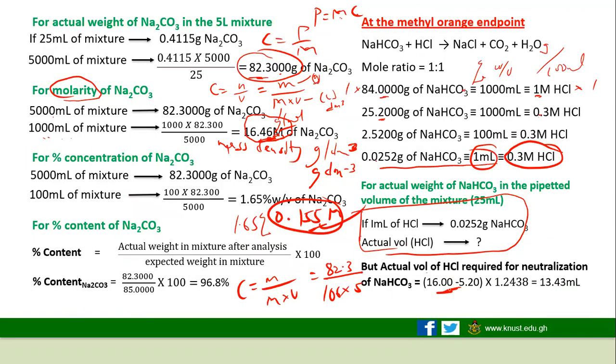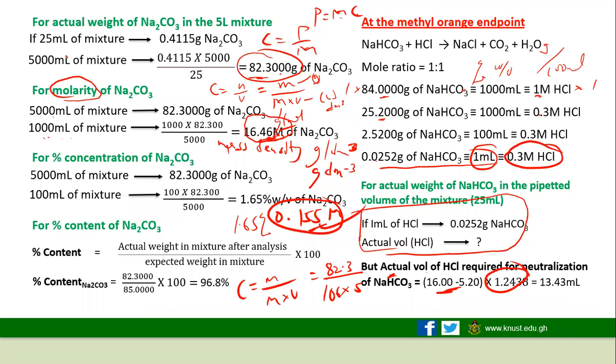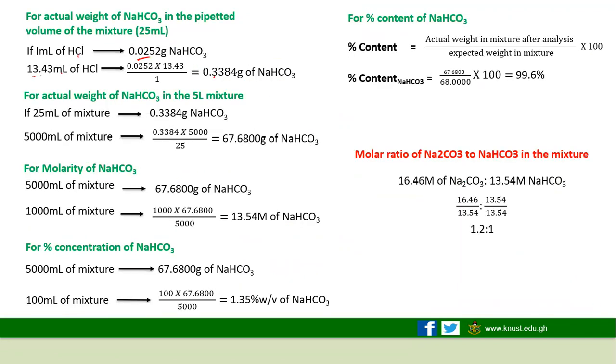That's what has been done here. And for us to find the actual, we always have to multiply by the factor, right? By the factor. Good. Now, we can say that if 1 ml of the HCl reacts with this, then the 13.43, which has been gotten after multiplying by the factor, is reacting with how much? So yes, we get